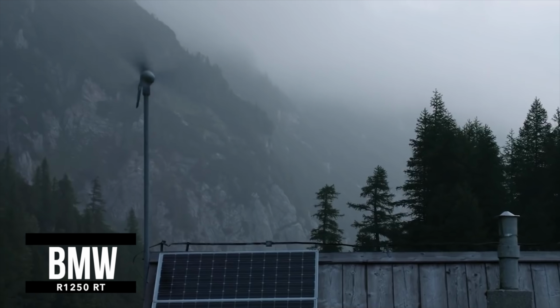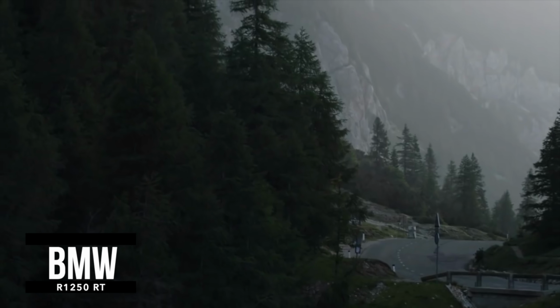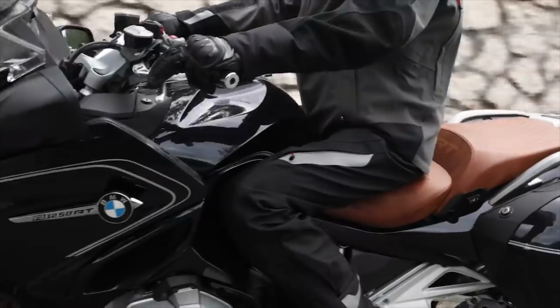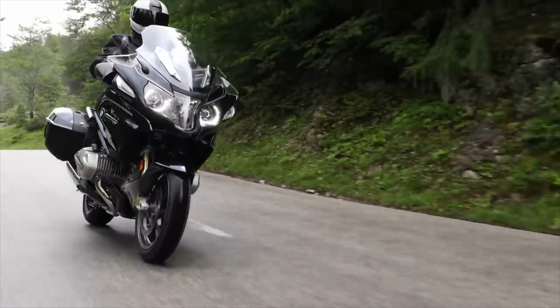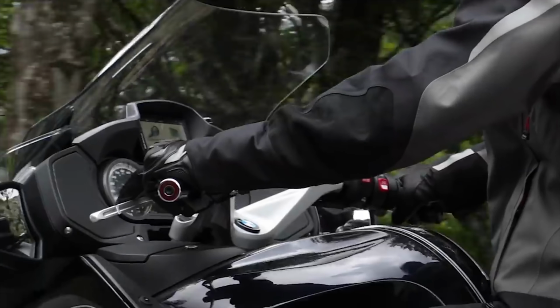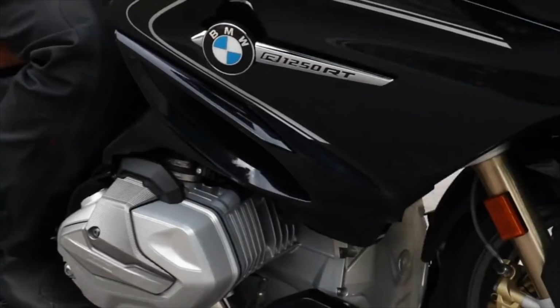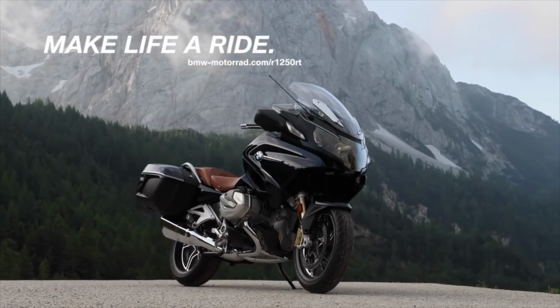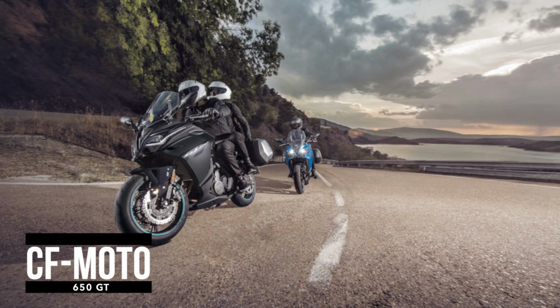BMW were well taken care of in the last video, but the R1250 RT kept getting a mention in the comments. Obviously some RT owners were a little bit put out that I didn't include it. But that's because I would class this bike as an out-and-out tourer. But let's not get hung up on categorization. It is a supremely comfortable and capable tourer with all the kit you would ever need, but it's still not making the list. I always like to offer a couple of left field choices, which is why the CF-Moto 650